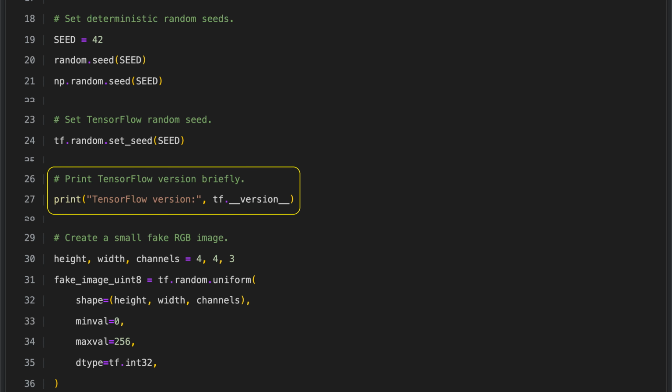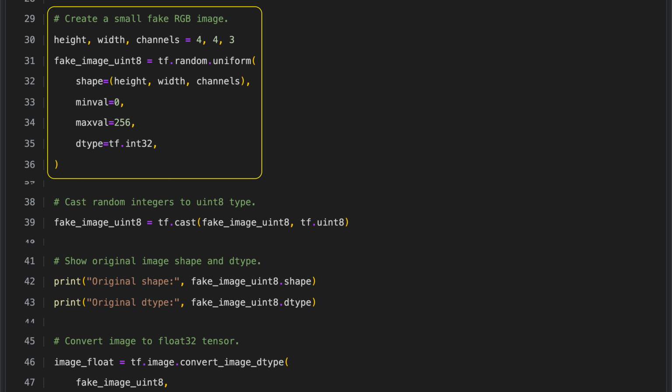We create a small fake RGB image by setting its height and width to 4 pixels and using 3 channels for red, green, and blue. Then we use TensorFlow's random uniform function to generate a tensor with this shape, filled with random integer values between 0 and 256 to represent pixel intensities. The tensor is stored with a 32-bit integer data type, which is appropriate for holding these raw pixel values before